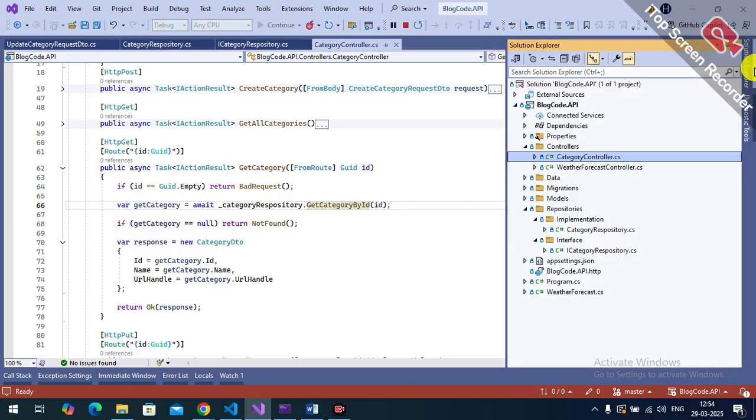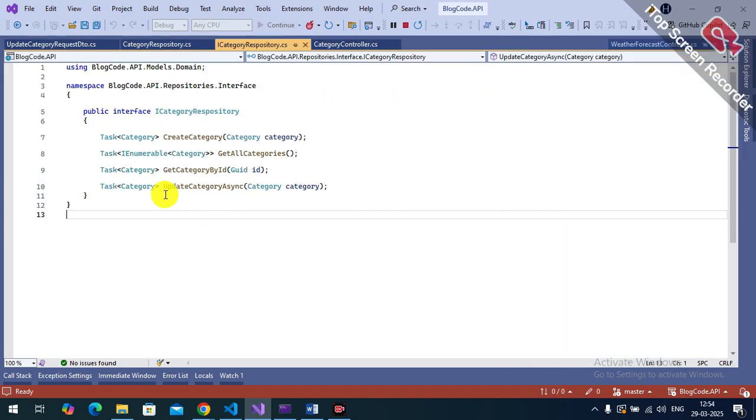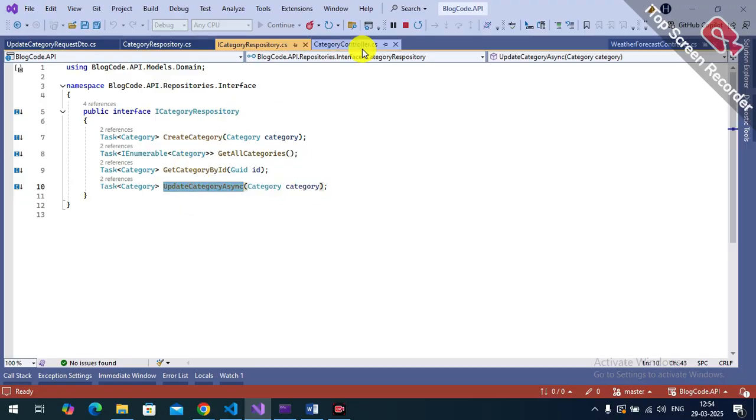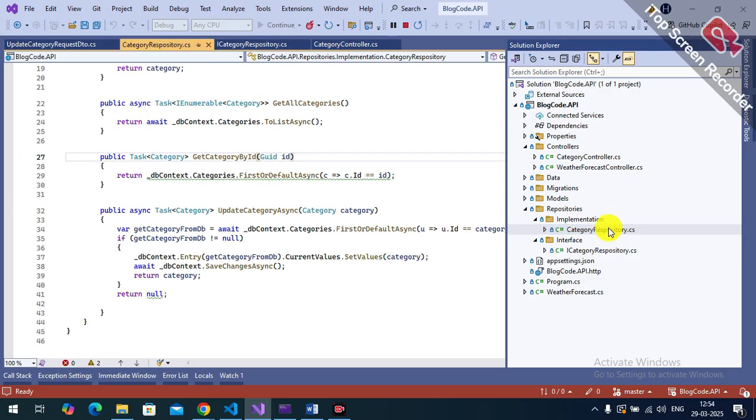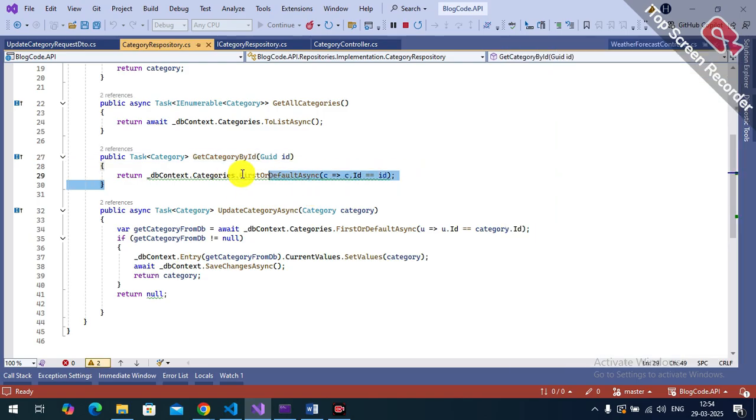For this, under the repository class, here we created get category ID and then created the update category async method for the update, and then we implement it under the implement folder, categories. Here we implement getting the record on the basis of ID, and the second method we created is update, after getting the asset detail,